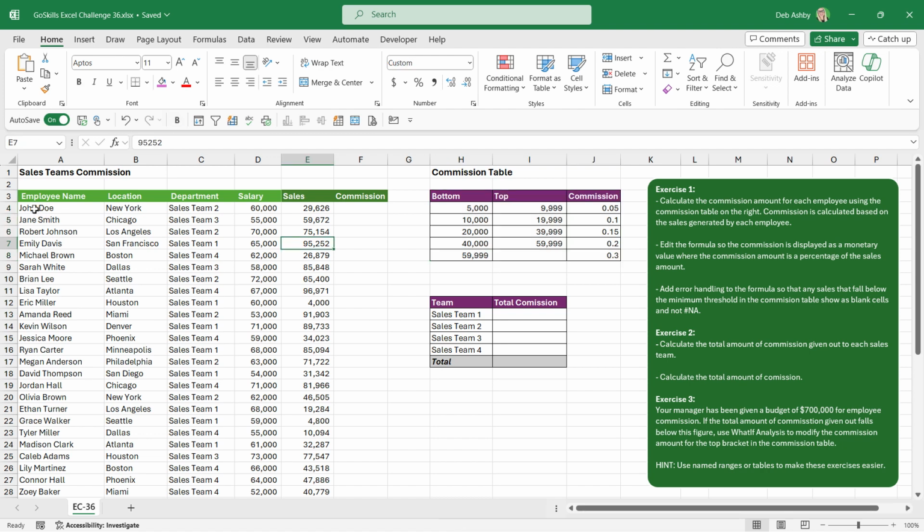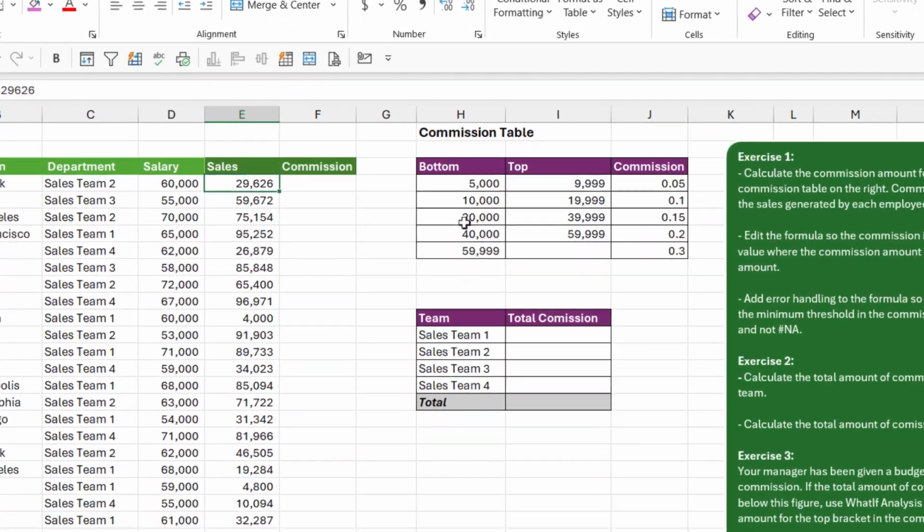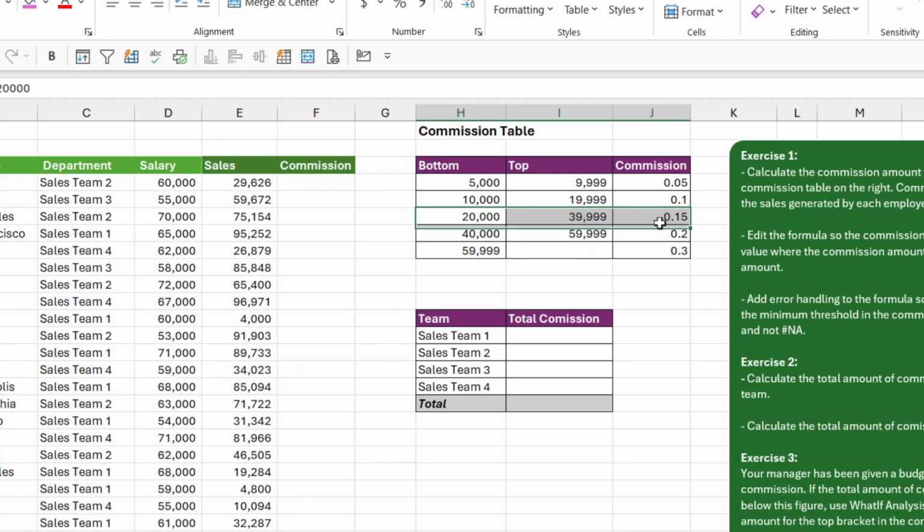So if we take a look at the first employee here, John Doe, I can see that he's generated $29,626 in sales. So if we do a quick spot check in this table, I could see that he would fall within this bracket and receive a commission of 0.15. So this commission table has a bottom bracket and a top bracket. And everybody in this list is going to fall in one of these brackets,